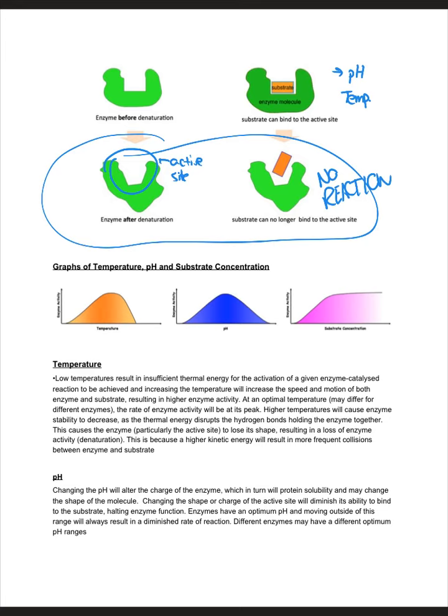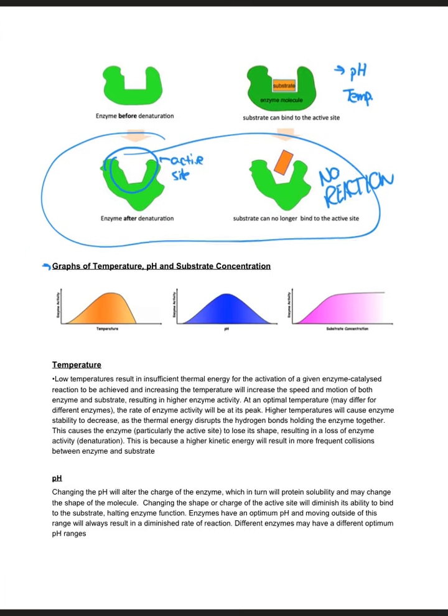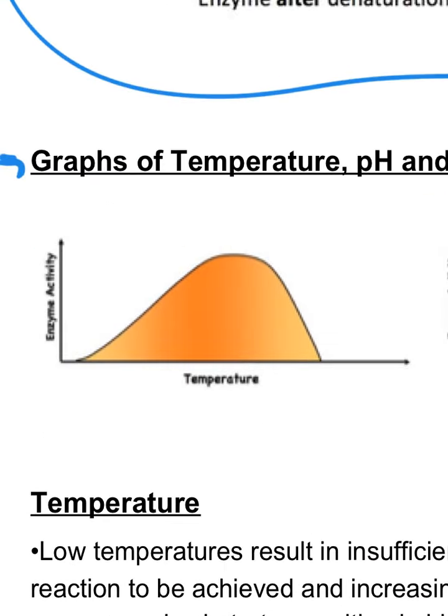Alright, so one other thing you need to be able to do is draw and explain graphs of temperature, pH, and substrate concentration. So kind of zooming in here, this says enzyme activity. So this is basically the rate of reaction, okay? And this is the change in temperature. So kind of here where you have, sorry, my bad, non-straight line. Right here, whatever value this temperature is, is what we call the optimum